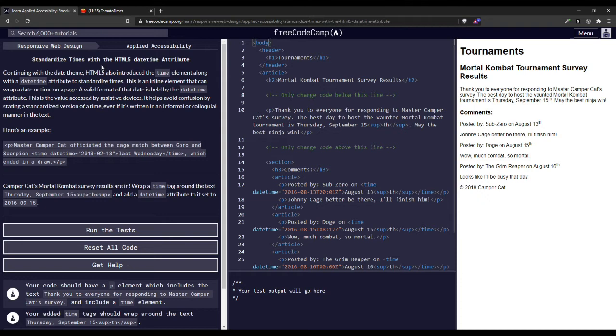Alright, standardized times with HTML5 datetime attribute. Continuing with the date theme, HTML5 also introduced the time element along with a datetime attribute to standardize time. This is an inline element that can wrap a date or time on a page. Time element, datetime attribute. Okay. Helps avoid confusion by stating a standardized version of time, even if it's written in an informal or colloquial manner